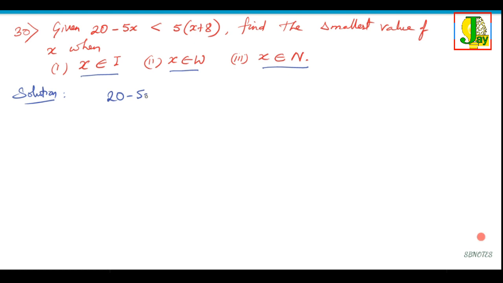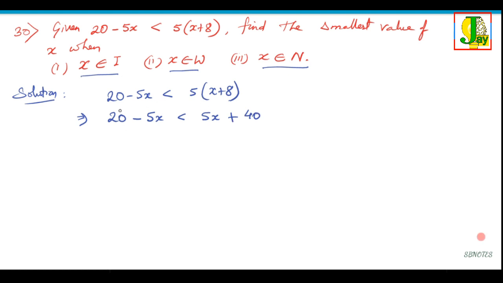That's 20 minus 5x less than 5 times x plus 8. Okay, on the right hand side we have one term, and on the left hand side we have two terms, but on both sides we have the variables. So let's open the brackets first. That's 5x plus 40,